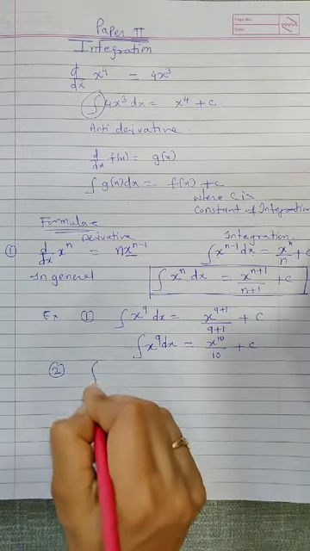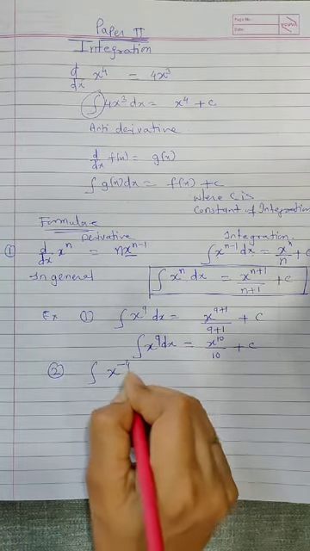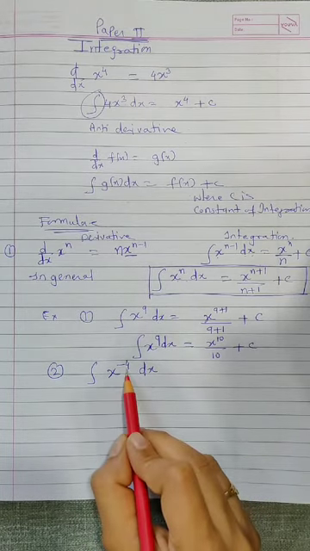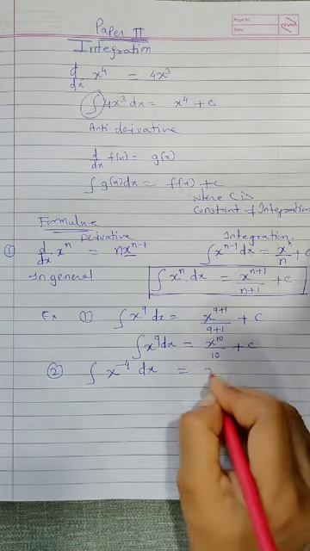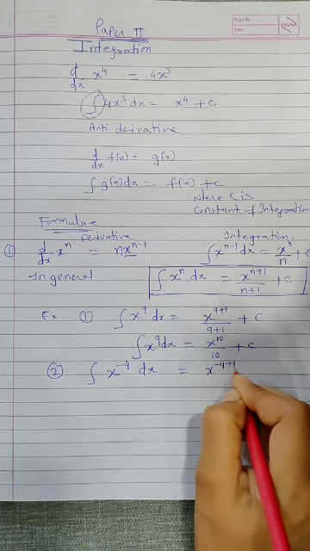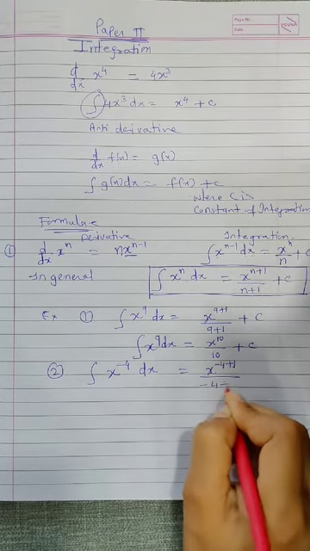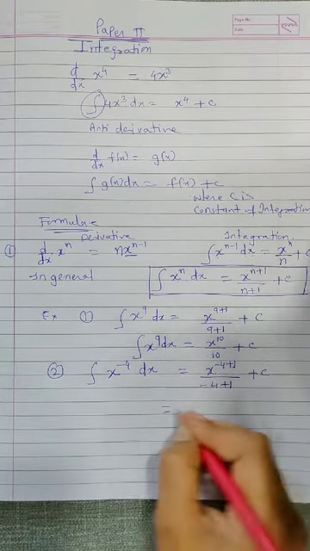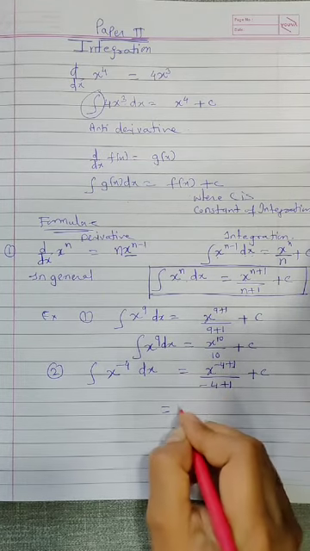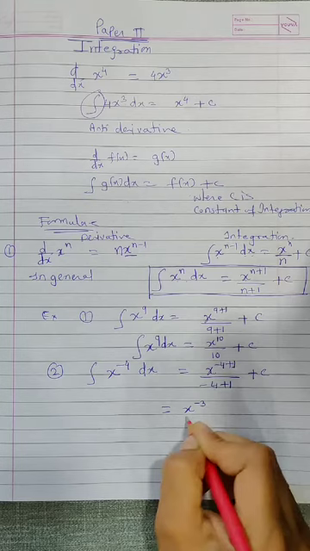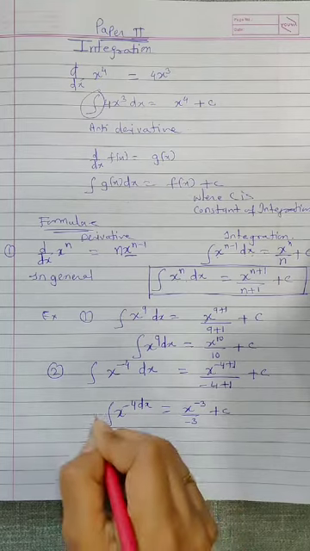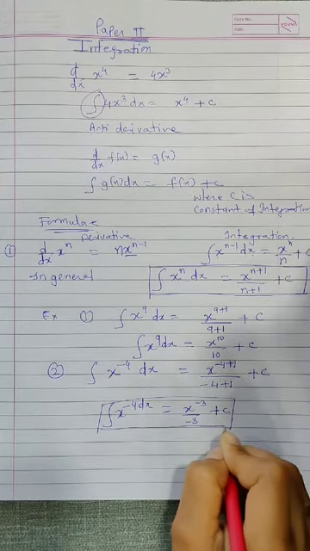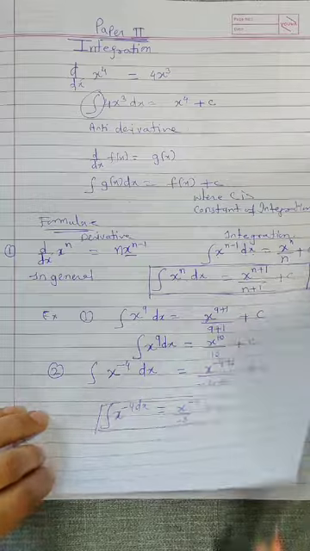Let us take some more examples. Suppose integration of x raised to minus 4 dx. Now it is a negative integer power. Since it is integration, the power is increased by 1, so x raised to minus 4, add 1. We have to divide by the same, minus 4 plus 1, plus c. So that will become x raised to minus 3 by minus 3 plus c, and this is for integration with a negative integer power. So in this way we have to find integration. Now students, this is about integration.